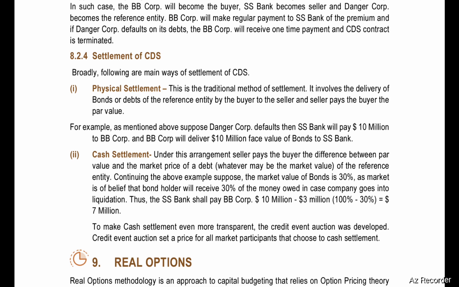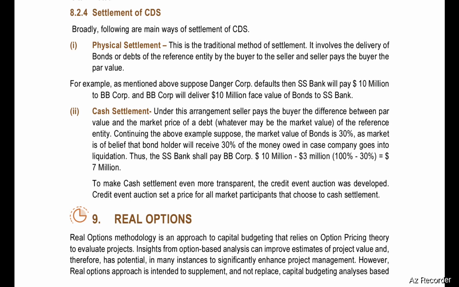Second, cash settlement. Under this arrangement, seller pays the buyer the difference between par value and the market value of the debt, whatever may be the market value of the reference entity. Continuing the above example, suppose the market value of the bonds is 30%, as market is of belief that bondholders will receive 30% of the money owed in case company goes into liquidation. Thus, the SS Bank shall pay BB Corporation 10 million US dollars minus 3 million US dollars, that is 7 million. How to calculate 3 million? That is